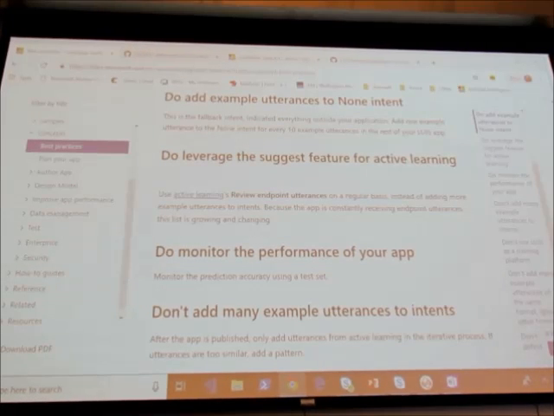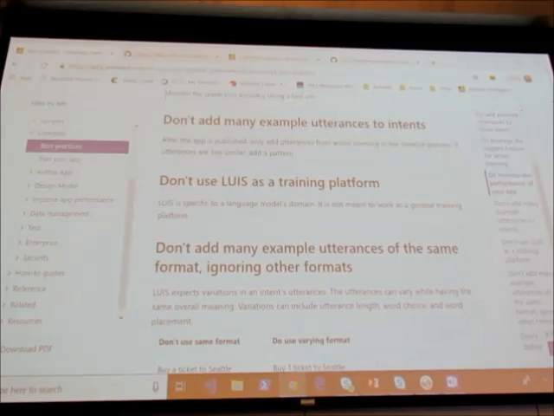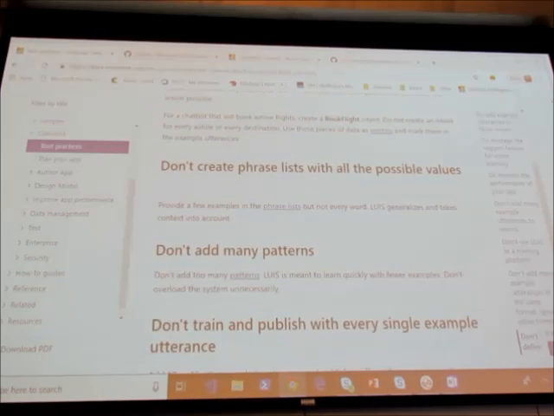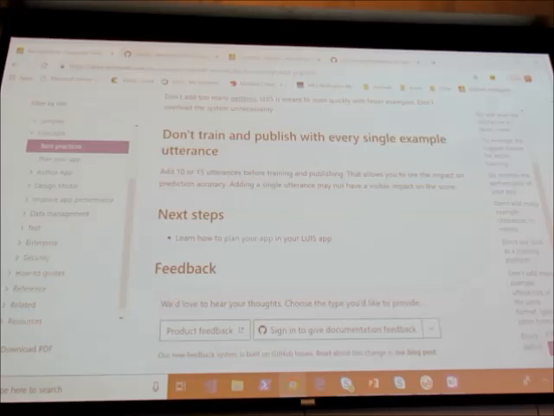They explain all that here, and it's a really good resource. I recommend anyone go and read it. It's very easy to go on luis.ai and start playing around with it. They have a lot of sample code, a lot of entities, and it's a lot of fun. That's it for me. Are there any questions?